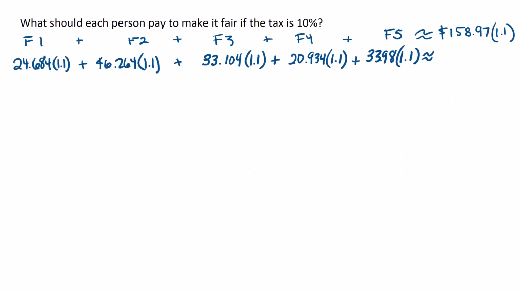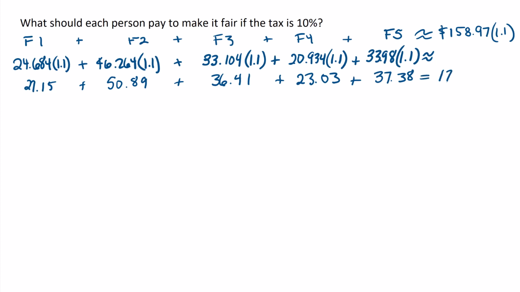When I calculate these out, I should get 27.15 plus 50.89 plus 36.41 plus 23.03 plus 37.38. If we add these together, we should get 174.86. Now let's compare that to the total bill plus the tax,